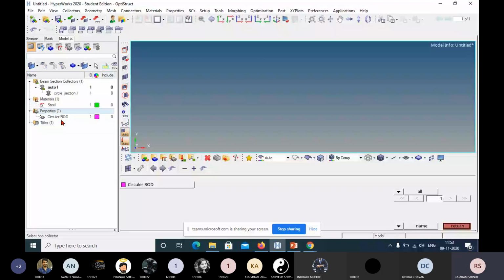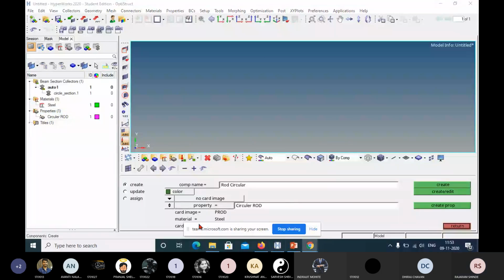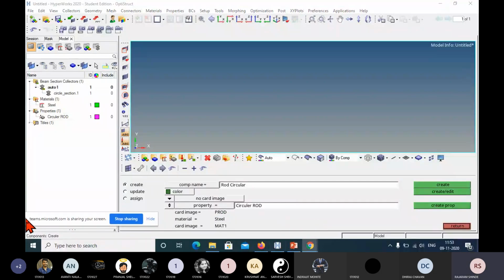Select this. Now when we select this one, then you will get here p rod, next material and card image, okay. This is the card image for properties, next material which we have created, and card image for material, okay.